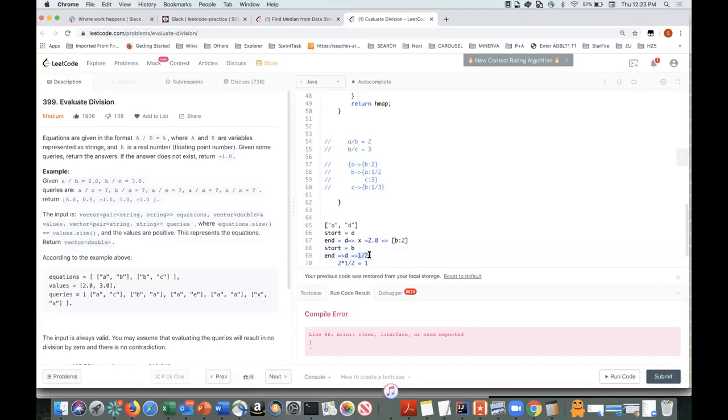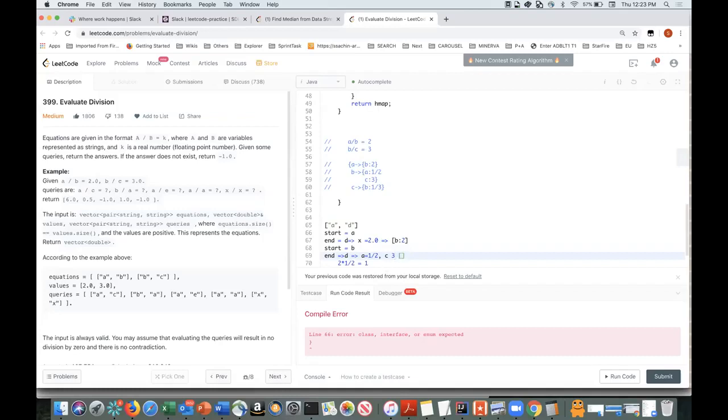Now we go to the submap of B, where we get multiple values and we need to traverse each and every value. We get A, which is 1/2. We get C, which is 3. For your use case, you might also have a value for D. Let's say there's no value. We got only C, right?